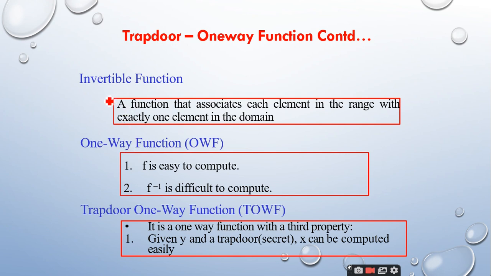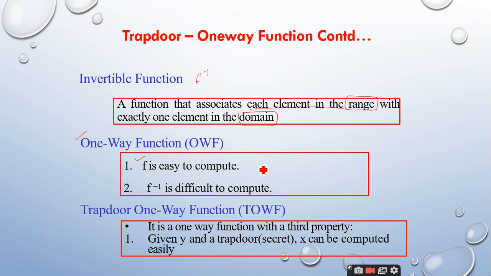Yes, sir. So an invertible function is nothing but f inverse. A function that associates each element in the range with exactly one element in the domain is called an invertible function. What do you mean by one-way function? Means, as I told,